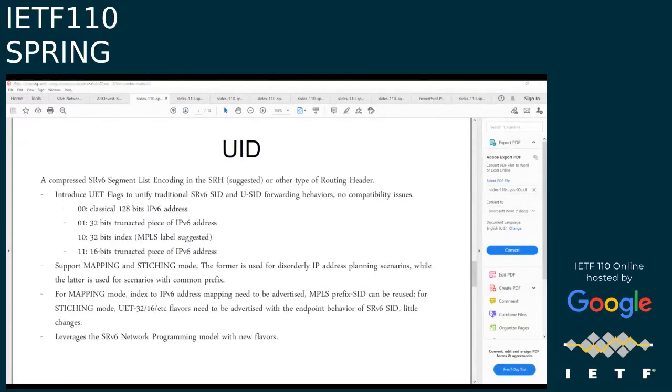Yeah, this page is a brief introduction for UID. It's a compressed SRv6 solution. It introduced